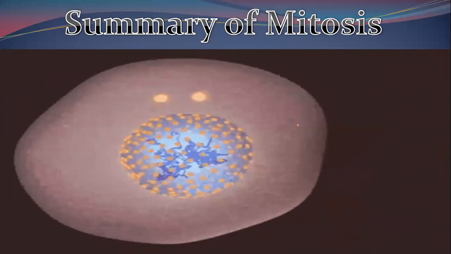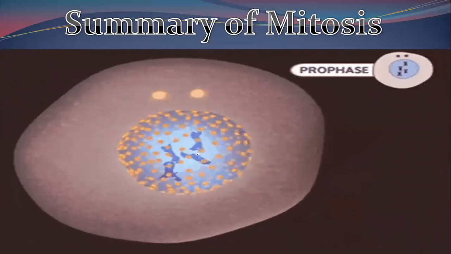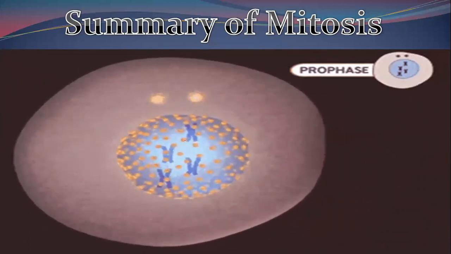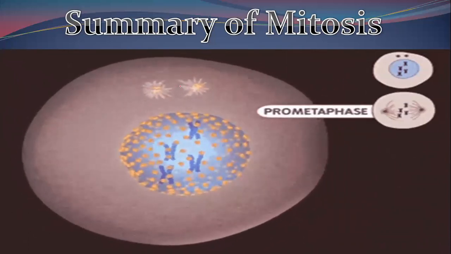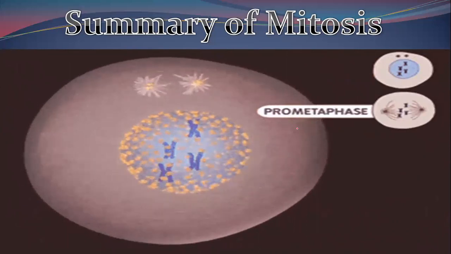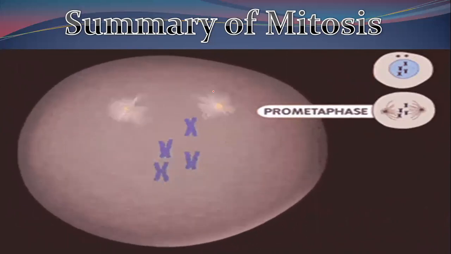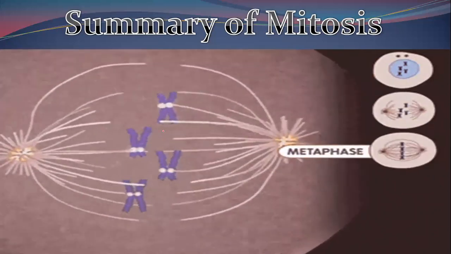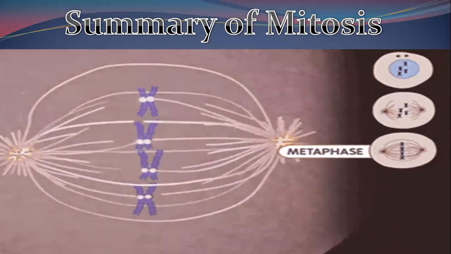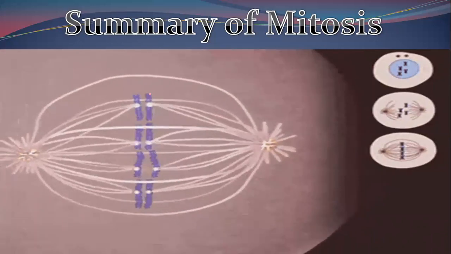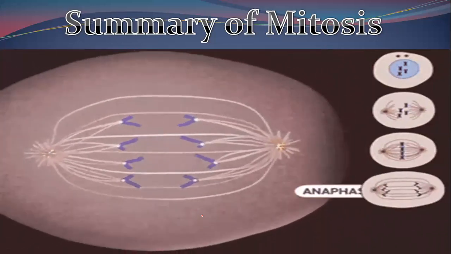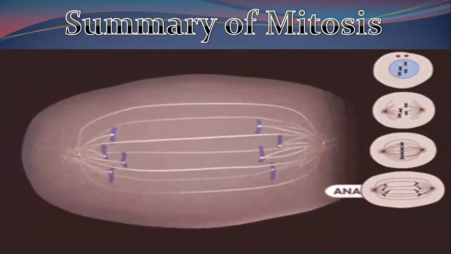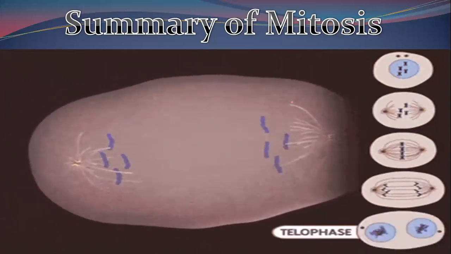So you can see here one cell, that is prophase. Chromatin is changed into chromatids and complete chromosomes. This is pro-metaphase, the start of metaphase. Spindle fibers are going to be formed and elongated and attached to the kinetochore. And here is metaphase, where the chromosomes are at the metaphase plate. Then in anaphase, the chromosomes are pulled by the contraction of the spindle